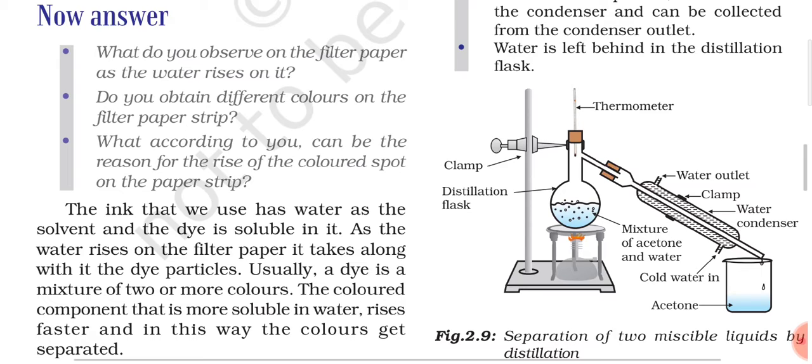So in this paragraph, if you have understood the explanation which I have given you, then they have also given the answer to all these three questions which are given above this paragraph. They have just not given it in as much detail as I have explained. So that is why you should understand the explanation first, and then if you go through this paragraph, it will be much clearer to you. So this is the detailed explanation of the chromatography technique. Whatever things we have discussed in the activity, that is the detailed explanation of the activity.